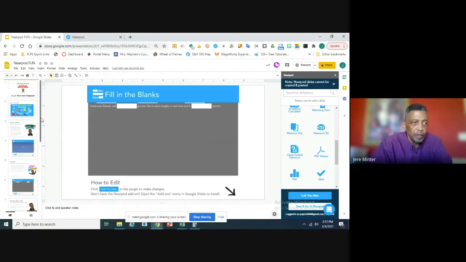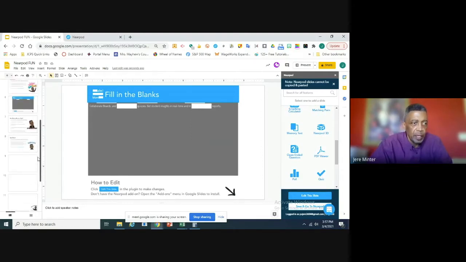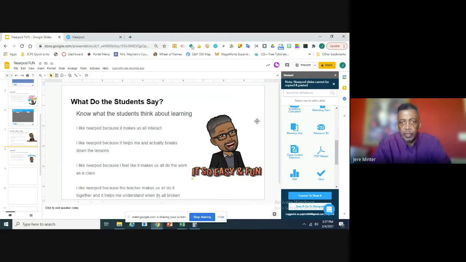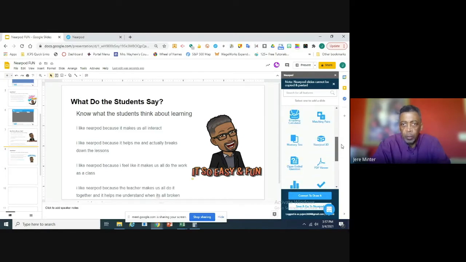Now, once we have done that and we have added some activities, we can start to assess whether or not there's any learning going on, and we can do that through a number of means as well. We have matching pairs, we have question and answer quizzes, we have polls that we can do, and I can show you all of these things, but I wanted to just illustrate here how simple it is to take an